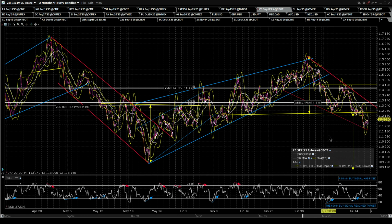I have to say, bigger picture in terms of the trends for the rest of the year, I'm not feeling good about interest rates. I'm really not. Tariffs are not good for it. Inflation's not good for it. And the reality is, if we get a negative economic impact that I'm expecting,